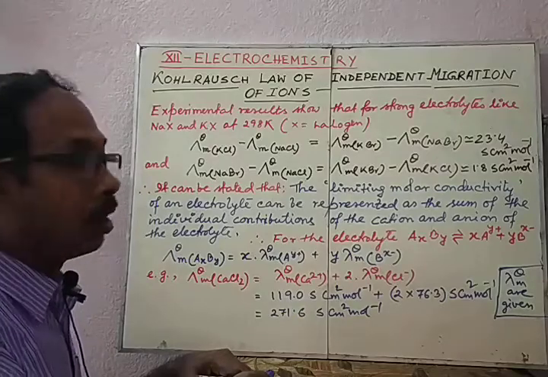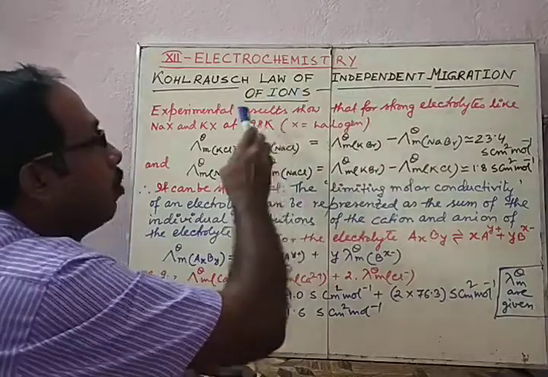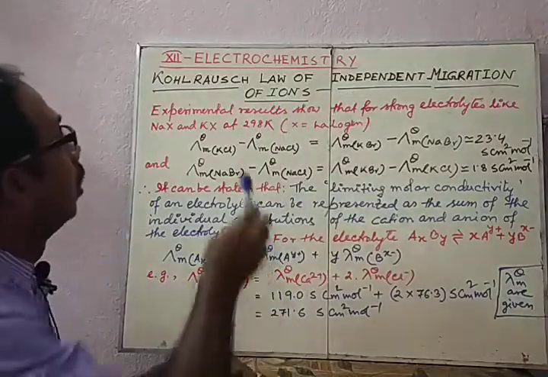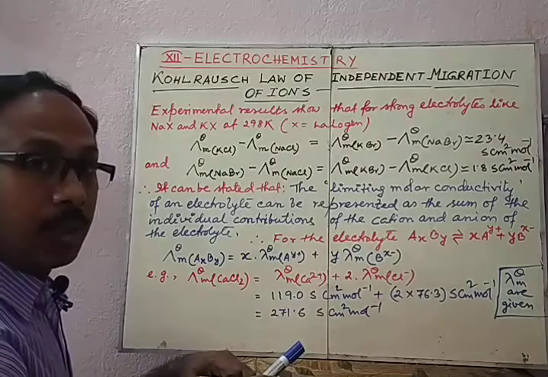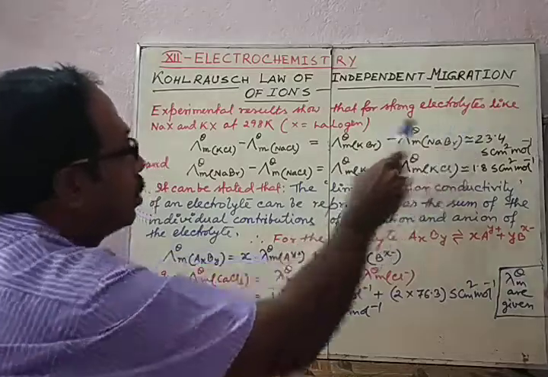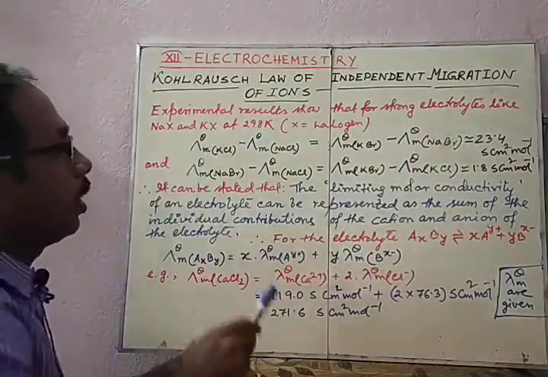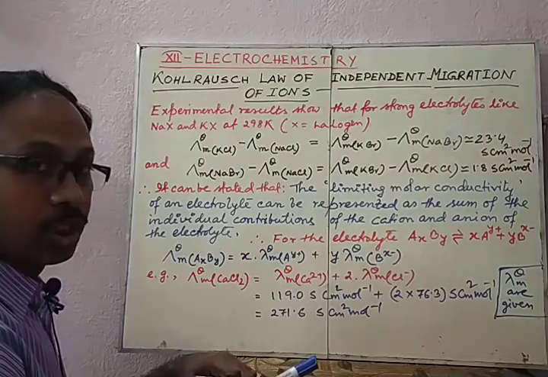Hello students, let us study today Kohlrausch law of independent migration of ions under electrochemistry. Now experimental results show that for strong electrolytes like NaX, KX, where X is a halogen, meaning sodium halide, potassium halide,